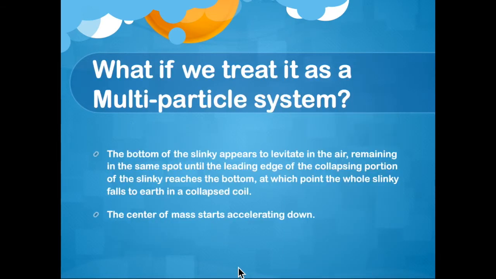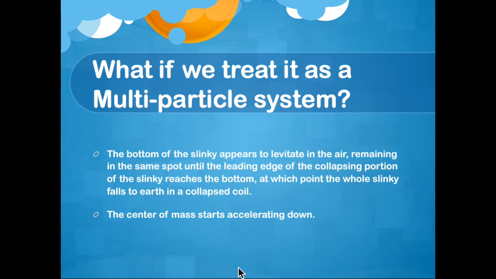On the other hand, what if we model the slinky as a multiparticle system? We release the slinky and the contact force exerted by the hand propagates down, changing the stretch of the first coils of the slinky. One coil after the other begins to collapse down, with the coils below the leading edge of this collapse remaining motionless. The bottom of the slinky appears to levitate in the air, remaining in the same spot until the leading edge of the collapsing portion of the slinky reaches the bottom, at which point the whole slinky falls to earth in